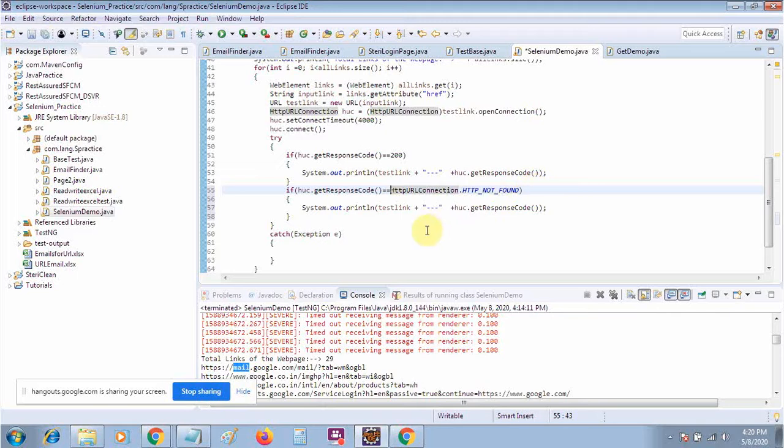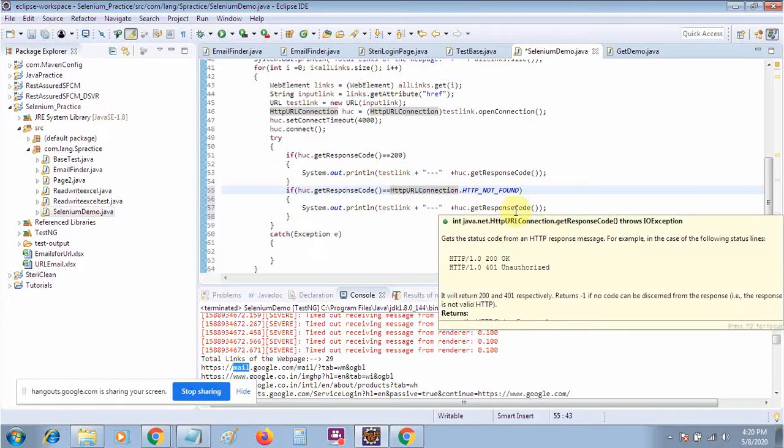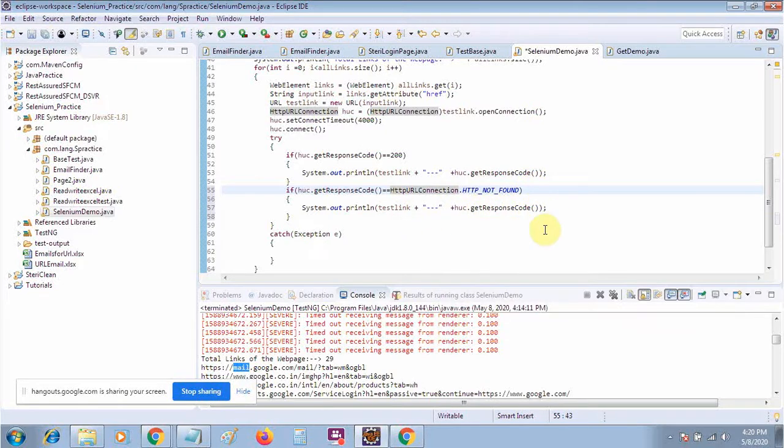And then you can print the same message like get response code. It's enough, but I am putting some more meaningful data over here, like HTTP URL connection not found. It will print a proper message whether we are getting some URL or not. Okay, that's it. We have done with all the things. Now let me print the exception only. System out, control space, this one, and I will print that.